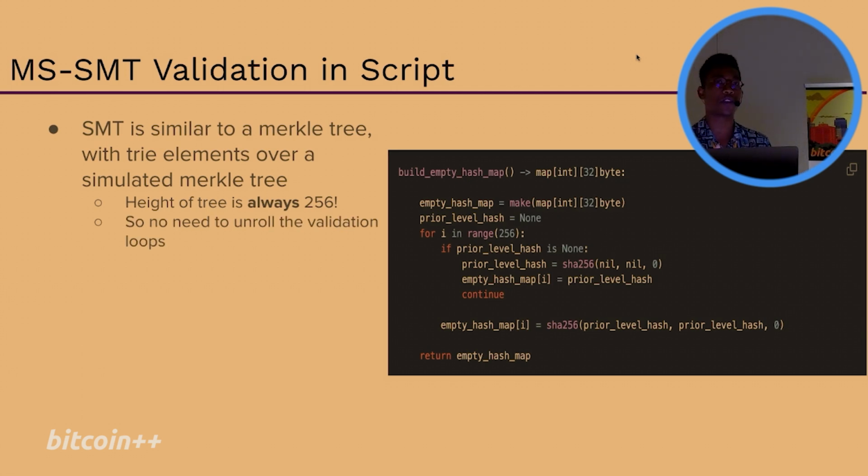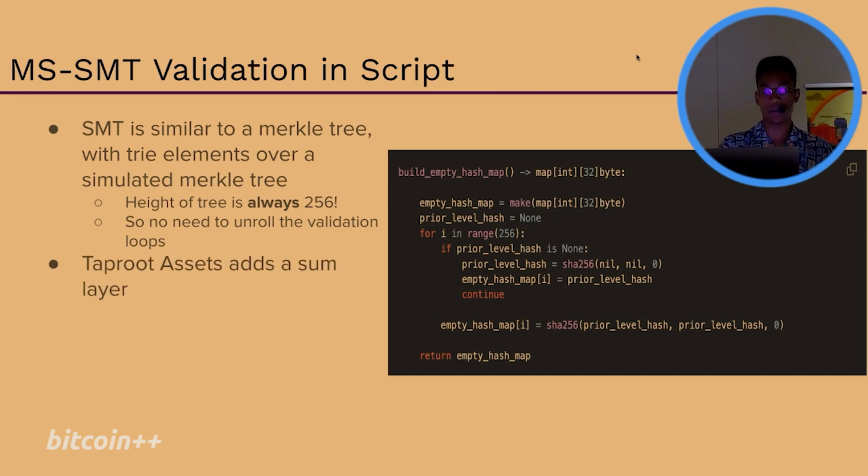And the interesting thing with this one is that you actually don't need to unroll the validation loop, right? Because it's always going to do 256 hashes no matter what, right? So you can say maybe there's some trade-off there as far as size, but I think it simplifies the protocol a little bit because you can ensure you're always hashing the exact same number of times. You don't need to unroll anything within it. And to the right, you see how we construct this empty hash map. You have a map of the height of the tree to what the empty hash value is, and you can go all the way down. Now using this, you can look up an index or the height of a tree, and then see exactly what level that thing is at, right?